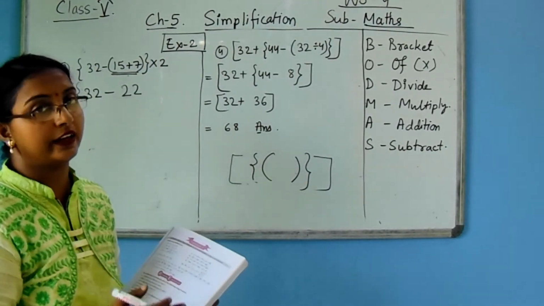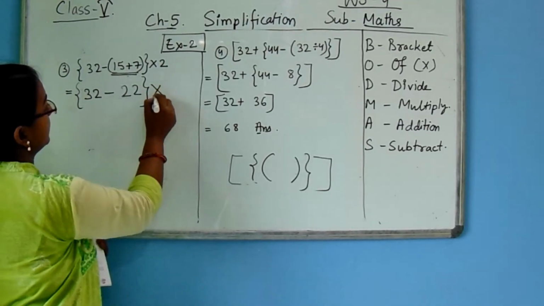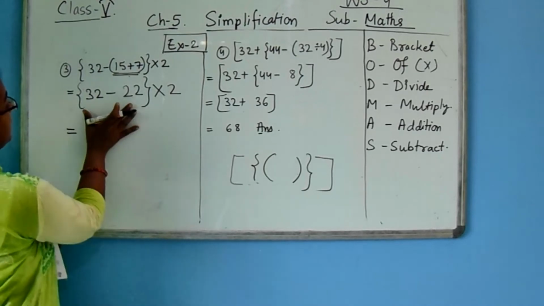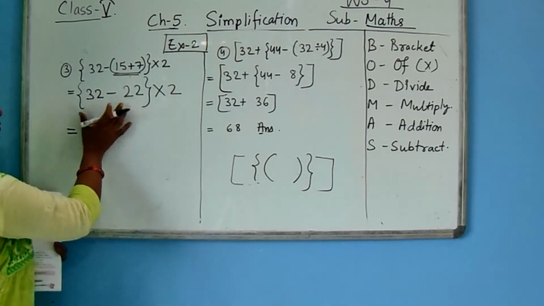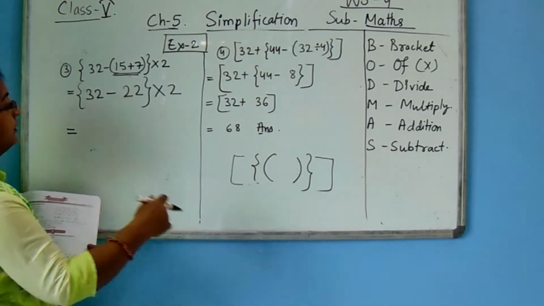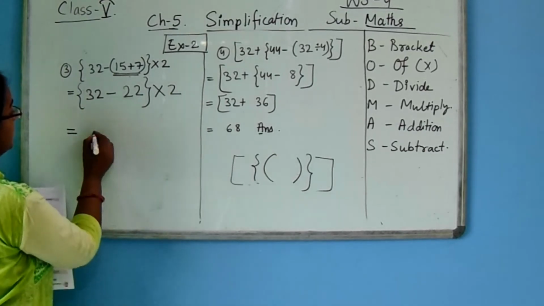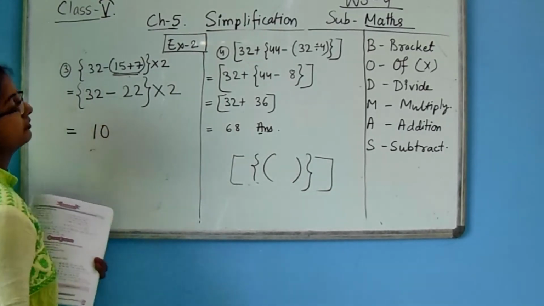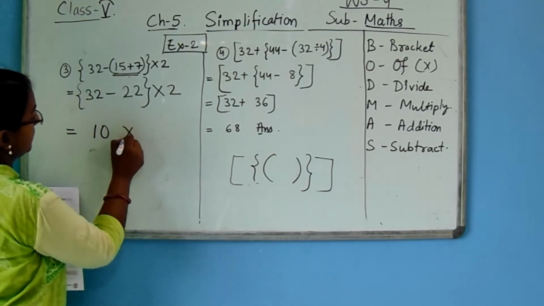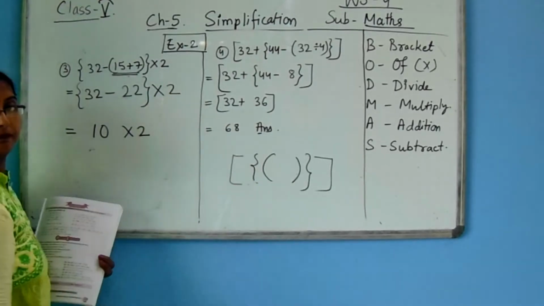Now it will not be mentioned further. Now it is closed as the middle bracket multiplied by 2. Next, in the middle bracket, the process given is 32 minus 22. Then I will subtract these numbers in the similar process, that will give 10. And it is also multiplied by 2, written in the same way.